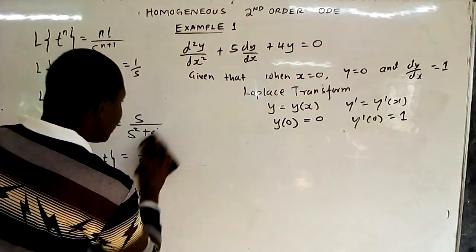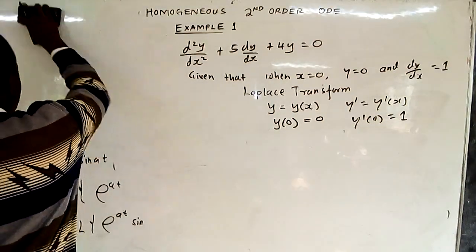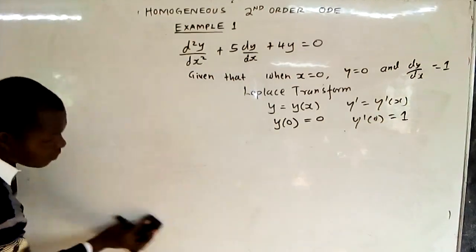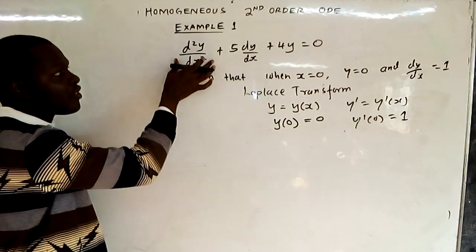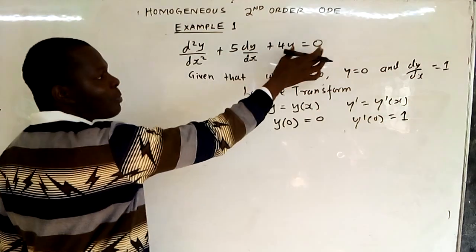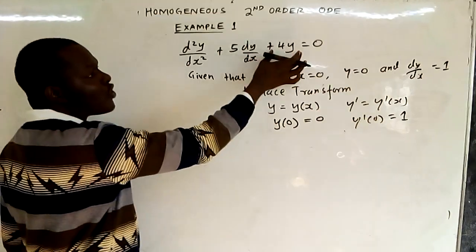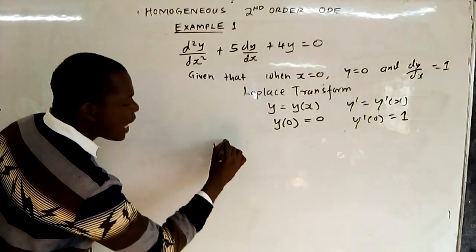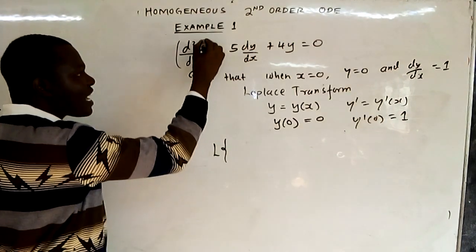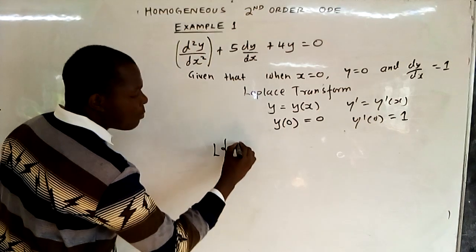So what we do here, we have our equation is this. For you to use Laplace transform, meaning you introduce Laplace in each and every term, isn't it? So we are going to get the Laplace transform of, the first term is this, that is the Laplace transform